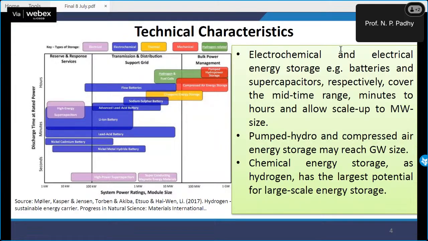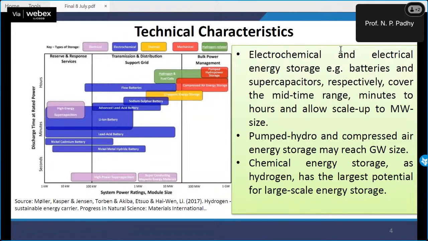So normally, if you have a system, the question comes: how much battery rating, and for what time? That is not known to many researchers, or the planners are really confused. For example, even today, if you talk to BSES or even Tata Power, Reliance Power, they all wish to have a battery, but they're not very sure which battery to go for. Am I right? So this characteristic or diagram will very clearly say, depending upon the magnitude that you need to install and for how many hours.